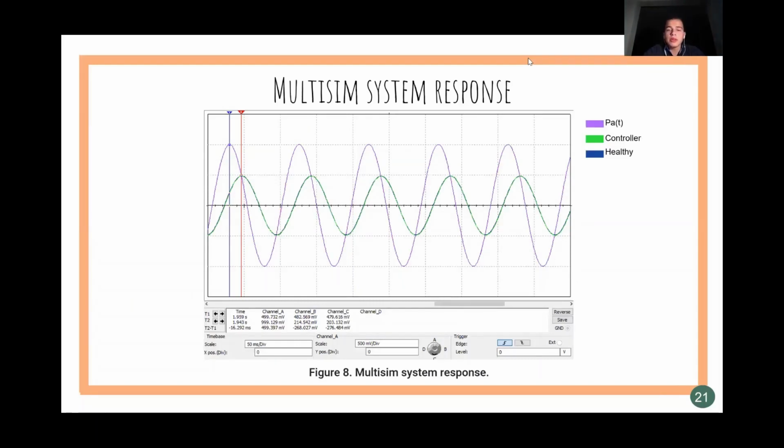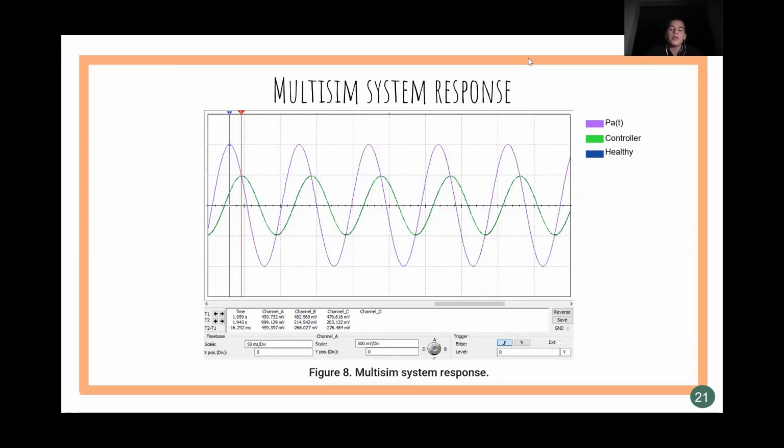This is our Multisim system response. Now, it's clear, just as in the Simulink response, that the input has a higher amplitude than the controller or the healthy one, that's the green one and the blue one. Now, the healthy patient has, as I just said, a lower amplitude, and the controller